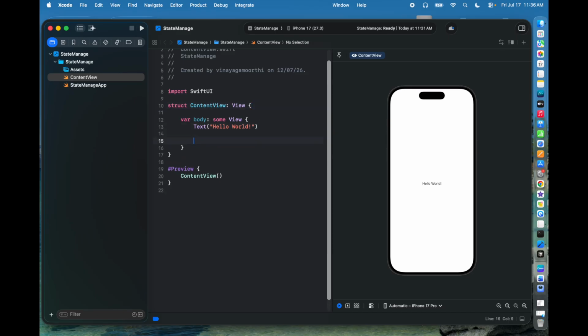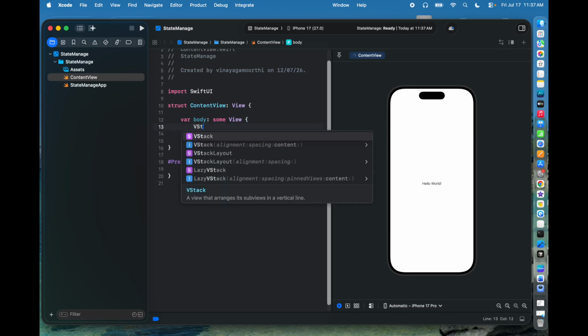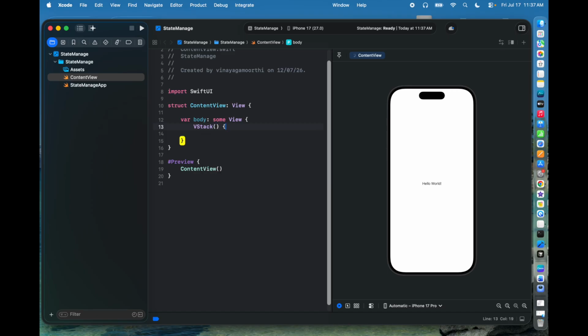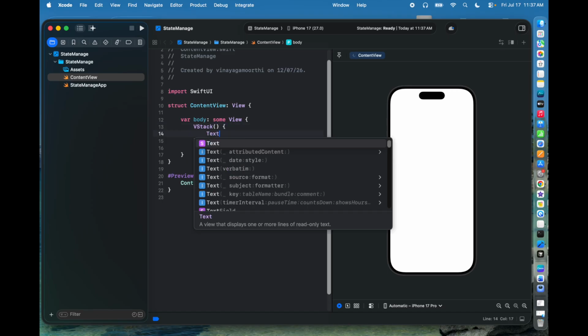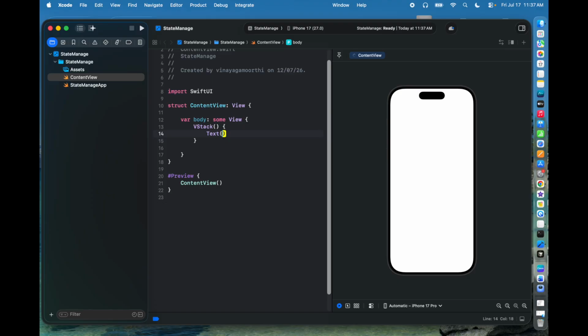Now I am going to modify the content view. In this sample, I am going to create a small example where it has a count button, and whenever the increase button is clicked, the text view will be updated. I am including the VStack and text view. And a button,